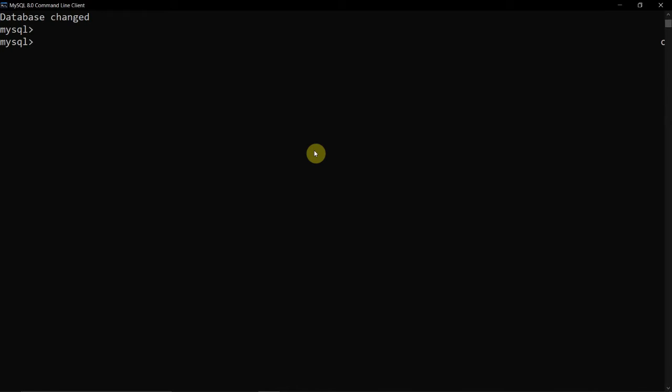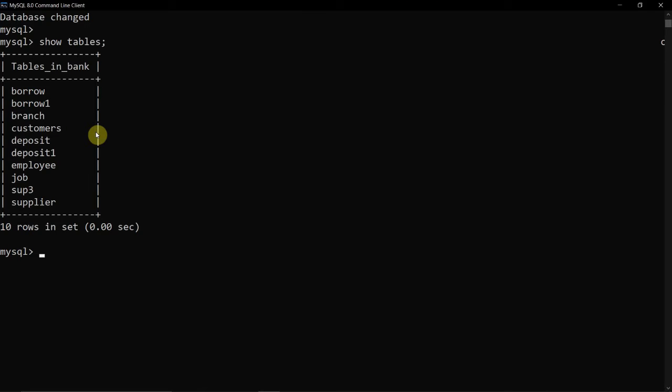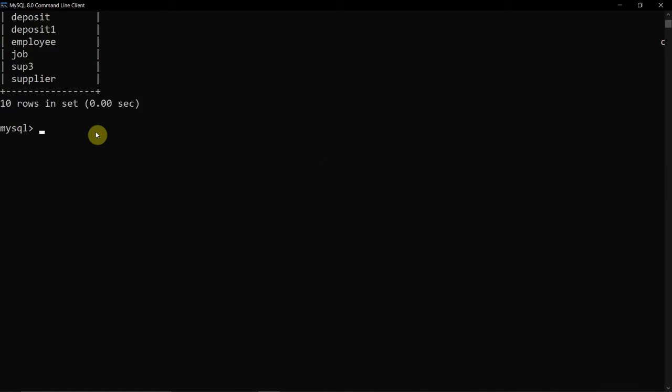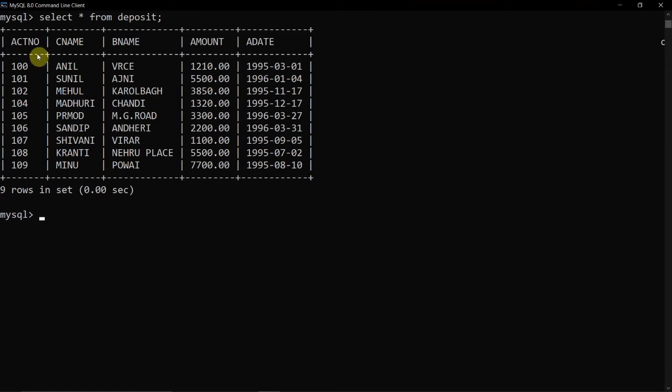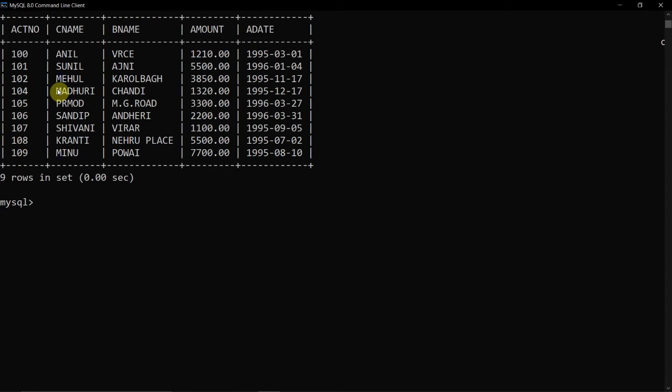So first we will see the tables. So here, suppose I am taking the table that is deposit. So here you can see that this is the table of deposit, and now suppose I am first using the AND operator, right? So from the database, if I want the data of an employee whose account number is equal to 108 and the amount which is deposited is 5,000, and if you don't have this table and you have to write the query, how will you write it? It would be: select star from deposit, where the condition is account number equals to 108.